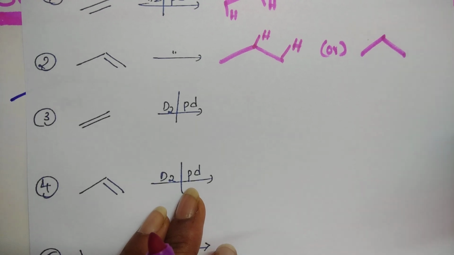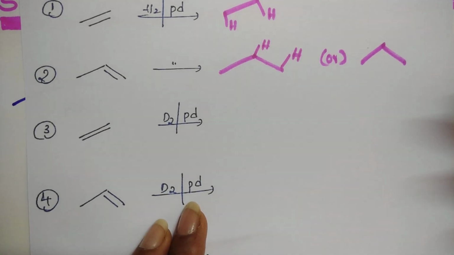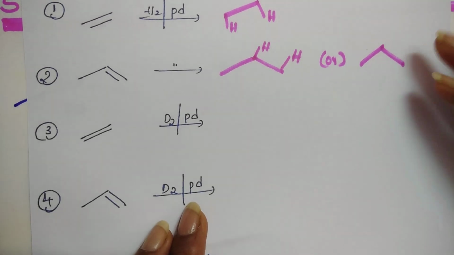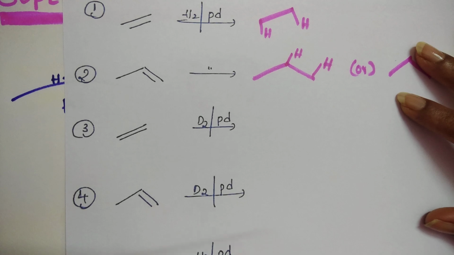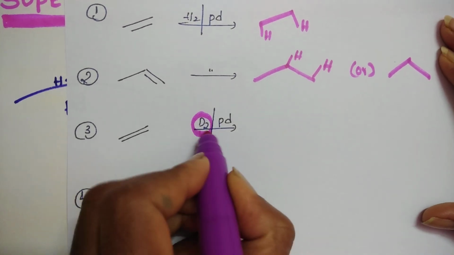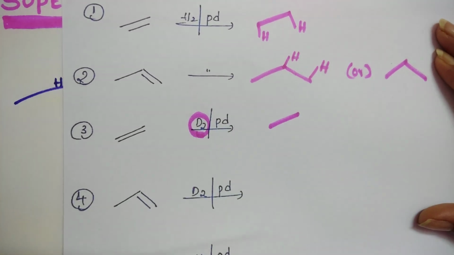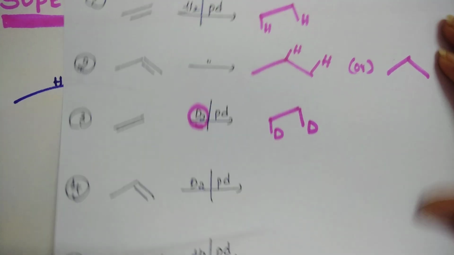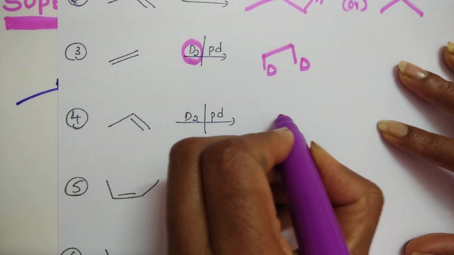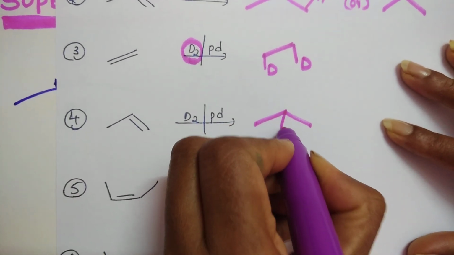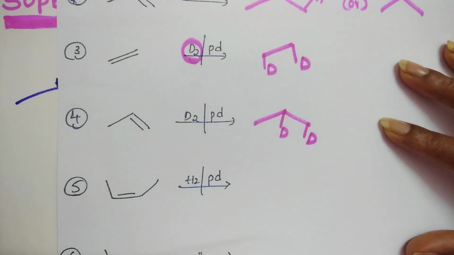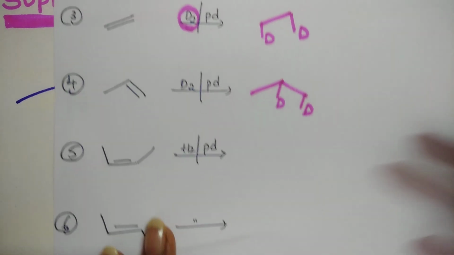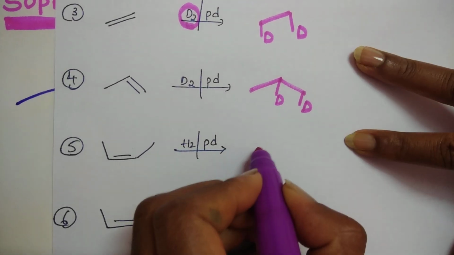Here we are doing hydrogenation, which means a reduction process. Addition of hydrogen is known as reduction, and addition of deuterium is also known as reduction. So here I am going to take D2. Then what happens is, break the bond, one deuterium here, one deuterium here. Then see the next one. Take propene. One deuterium here, one deuterium here, both on the same side, either upside or downside. Cis addition, syn addition.